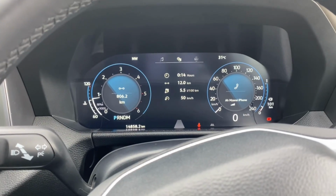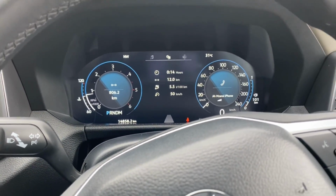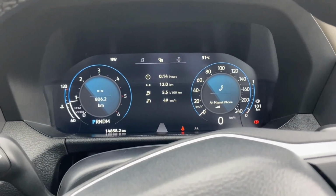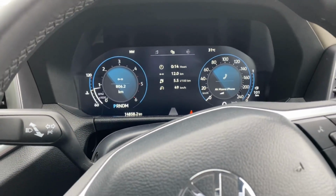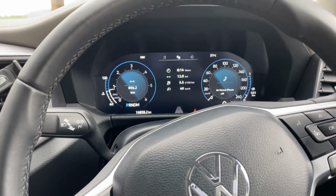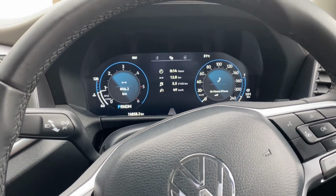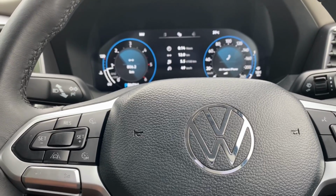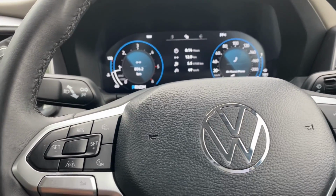It's because I was driving on the highway, cruising, just preparing myself to talk. I've traveled 800 kilometers in this car already. Range left is 101. I told you the fuel consumption thing, let's not talk about it. One thing I am disappointed about though is, compared to the Polo that I had last week, I feel like